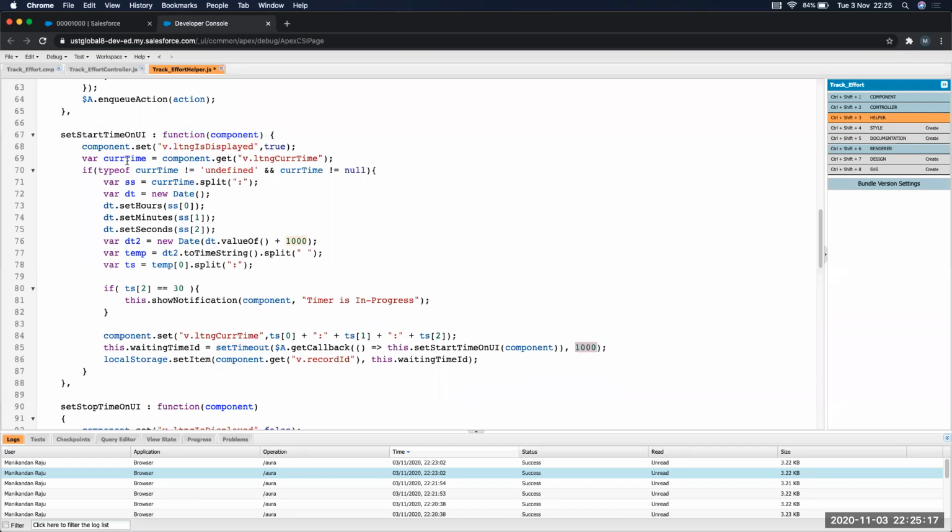It will execute this, and it will calculate the new time by adding. Here I have set the old time, right? It will be 00:00:01, and then when it goes again, it will add 1 more second to that. That way, I made it recursive, Anuj. Yeah, Money, got it.